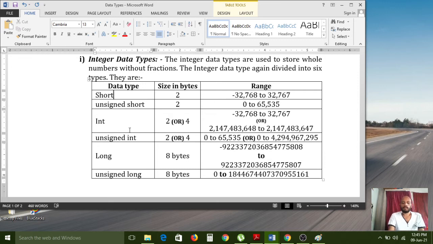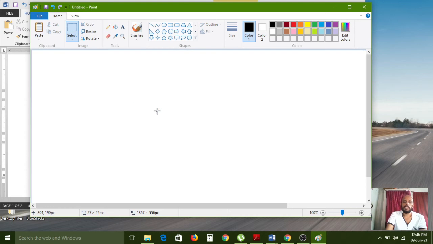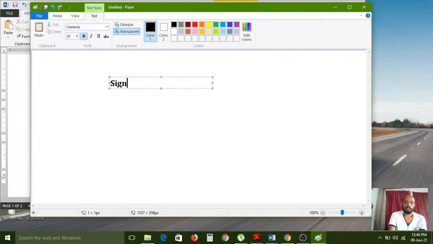Okay, here signed short, unsigned short. Here signed int, unsigned int, signed long, unsigned long. So what is the difference between signed and unsigned?